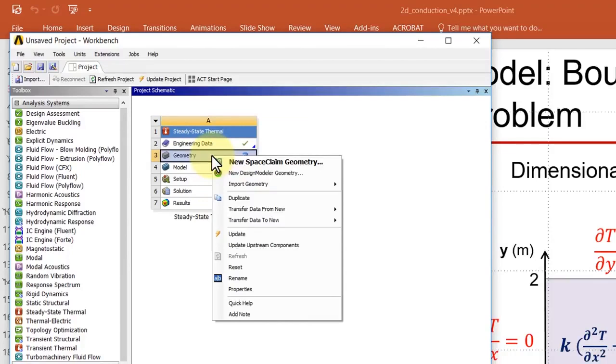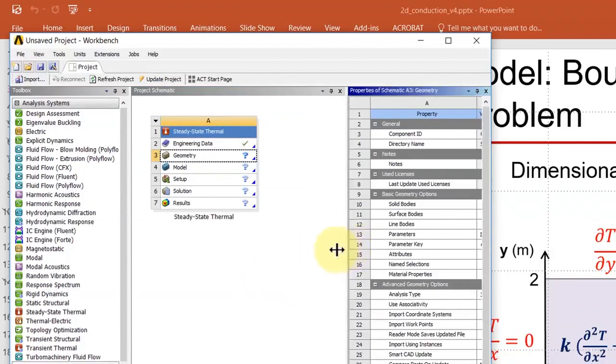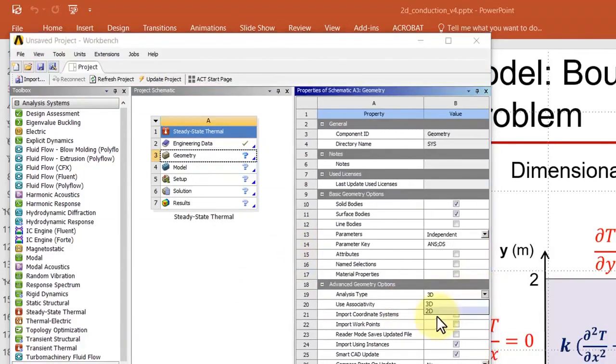Right click on geometry and go to properties first. Okay. And if I set analysis type to 2D, because we have a 2D problem, ANSYS now knows that your temperature varies only in X and Y, so it's knocked off the dependence on Z because this is 2D. And also it knows that the equation that I want to solve is K